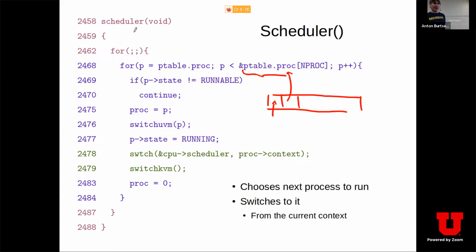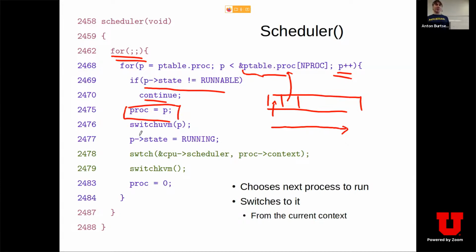And what we do here is it's an infinite loop. And what x86 does is that I will try to go in order through this array, incrementing the pointer, right? I check if the state of the process is runnable. If not, I will continue to the next element. If, however, the process is runnable, I will set P to the current process, and I will try to switch